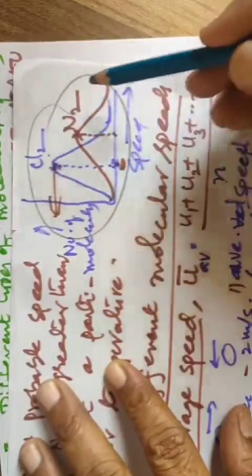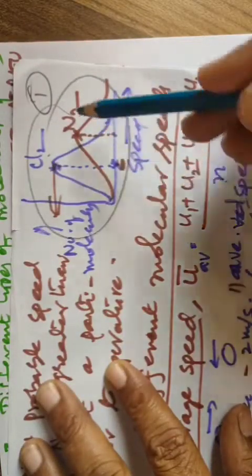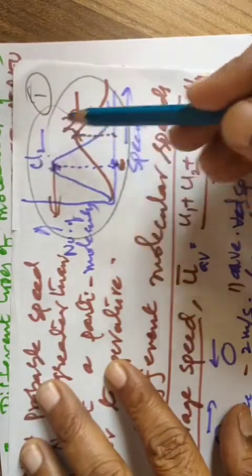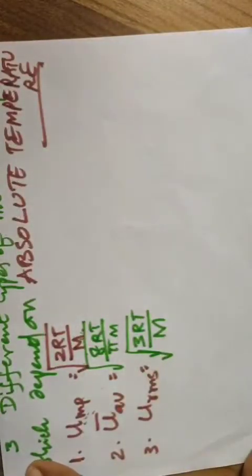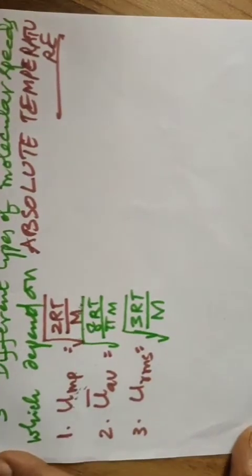See this graph. Chlorine has more molar mass than nitrogen at a particular temperature. So chlorine has less most probable velocity when compared to nitrogen. Why? Because heavier molecular mass moves slowly, and the lighter one, nitrogen, is 28 and chlorine is 71 gram per mole. So nitrogen moves very fast when compared to chlorine. That information is provided in this formula, and the relation among these three is to be taken.